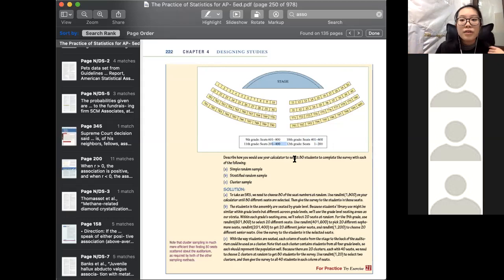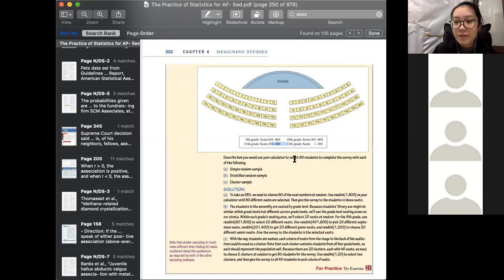But if we have 1,000 people in 9th grade, 800 people in 10th grade, 600 people in 11th grade, and probably 400 people in 12th grade, now what we can do in stratified sample is that we can take 100 people in 9th grade, 80 people in 10th grade, 60 people in 11th grade, and 40